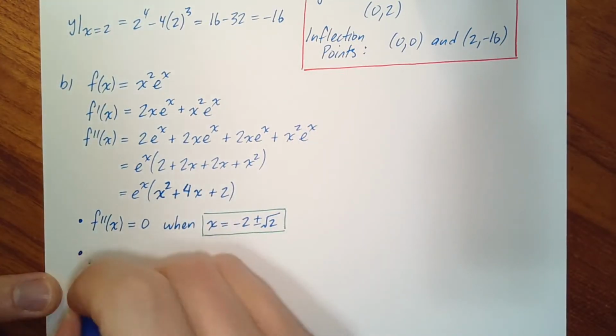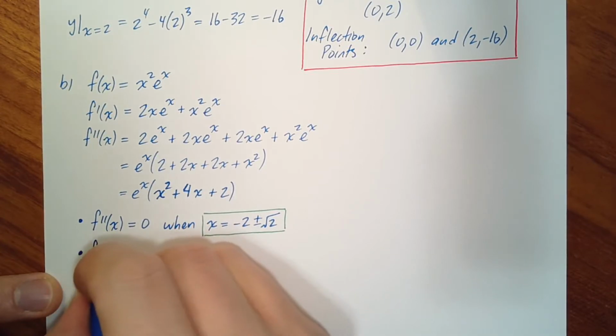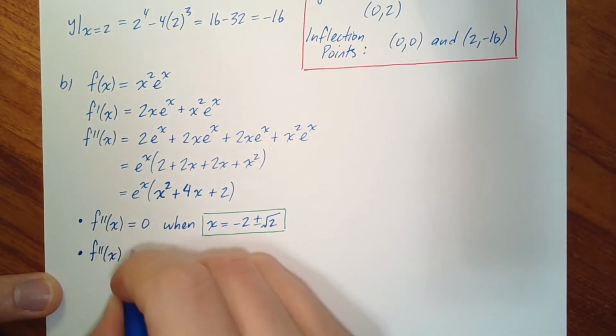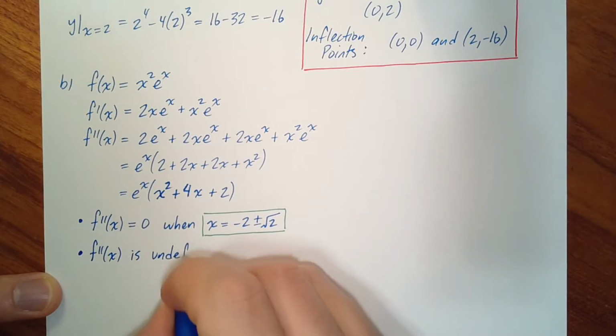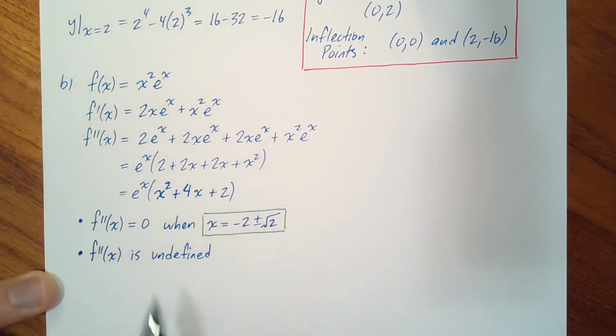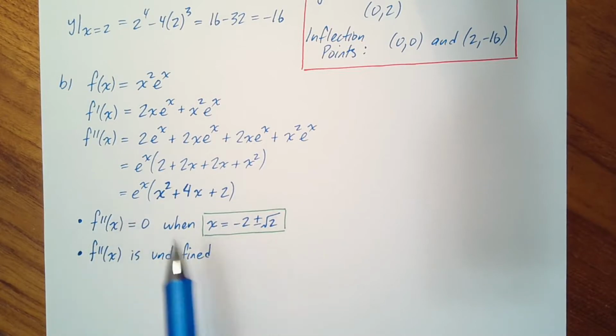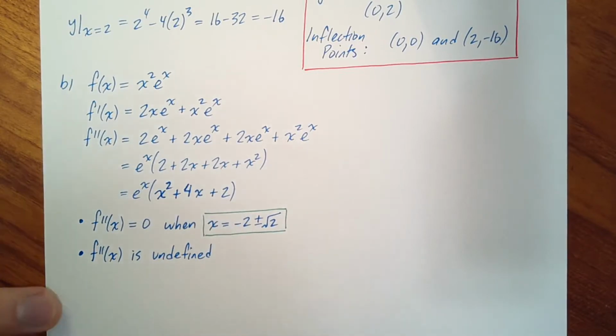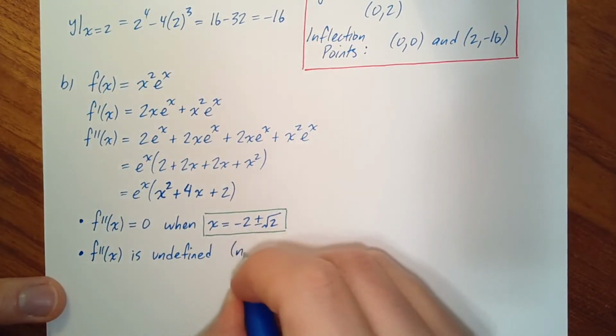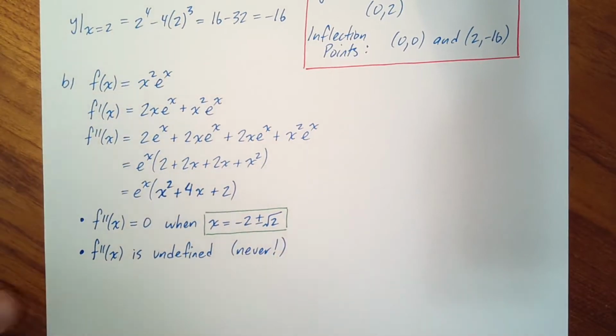What about the values of x that make f double prime of x undefined, if there are any? Let's check. Well, e to the x, that's defined everywhere. Domain of e to the x is all real numbers. X squared plus 4x plus 2, that's a polynomial. It's defined everywhere, so this will never happen. F double prime of x will never be undefined. All right, so that's